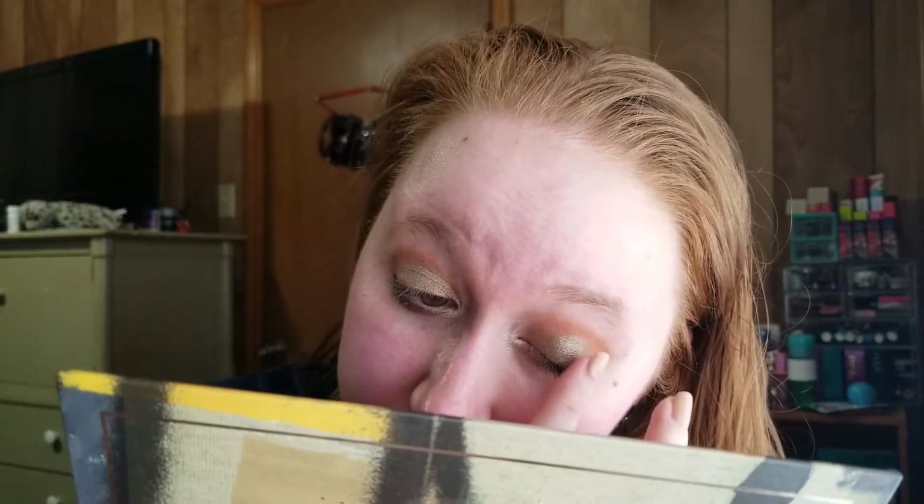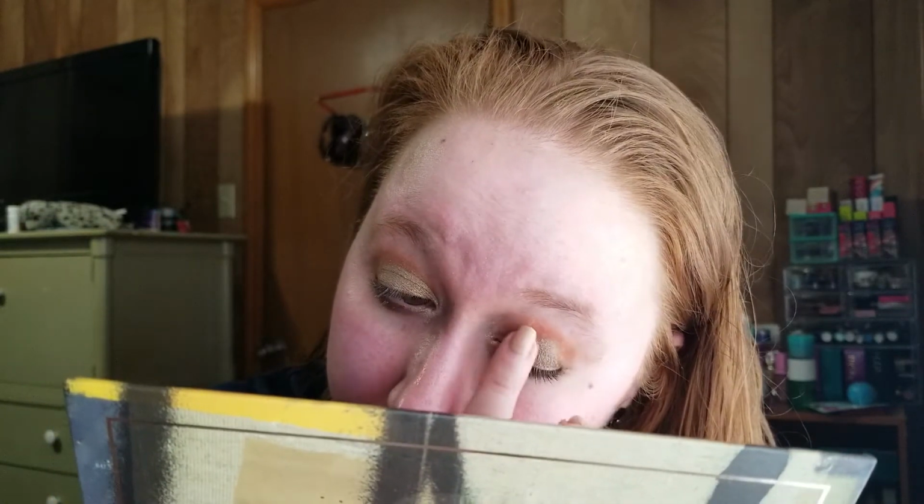Let's try to layer some of these. Let's tap into the wall, which is a lighter green-gray, and we're going to put that over the middle here, and then kind of spread it out onto the side. Okay, and then same thing on the other eye, on the middle, and then spread it out. Okay,